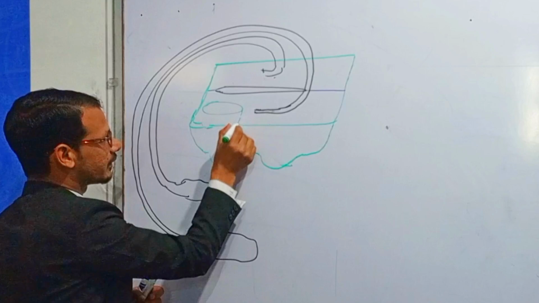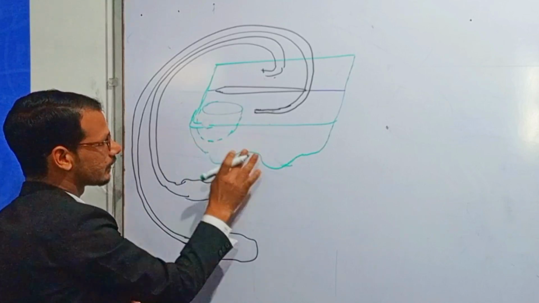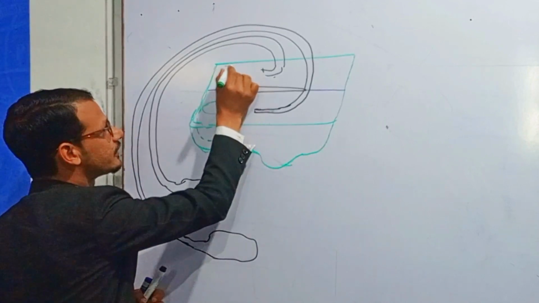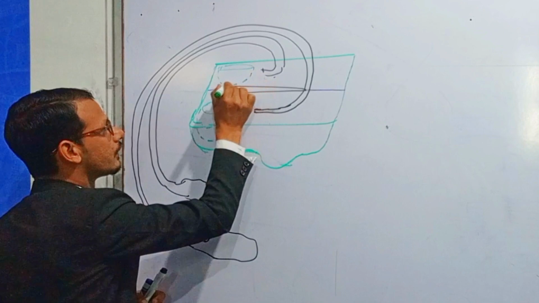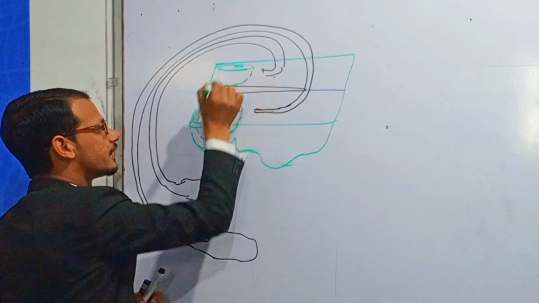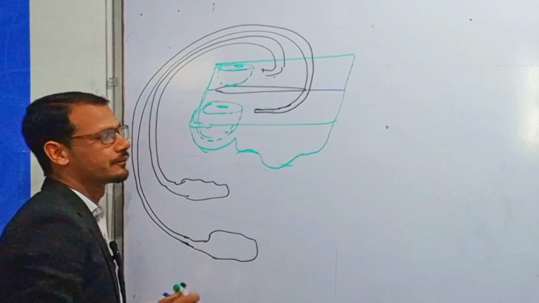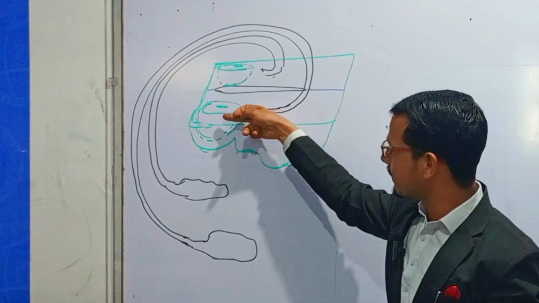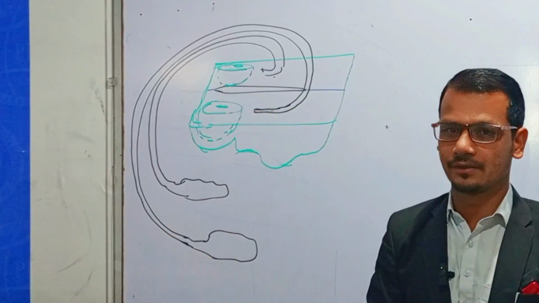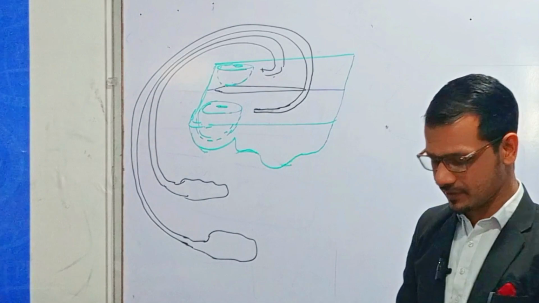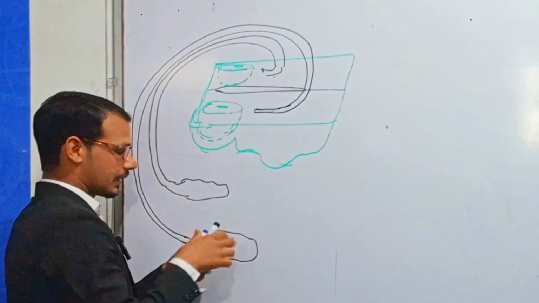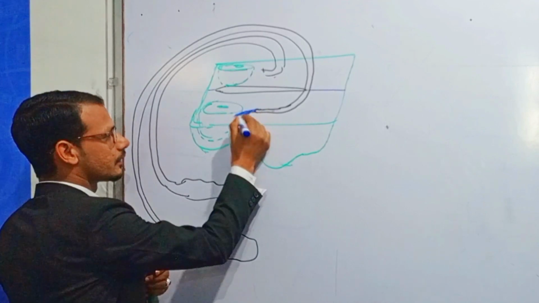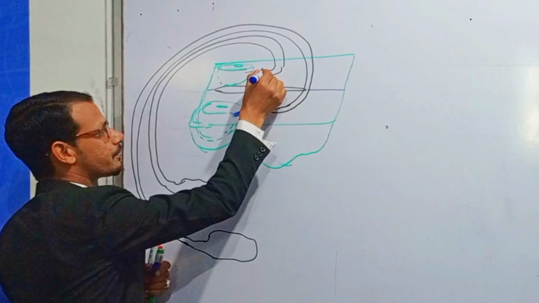For example, this is one mammillary body, or mammillary swelling, and this is the other mammillary swelling, right? The area where these fibers enter the mammillary body is called the substance of thalamus. For example, this is the substance of thalamus,